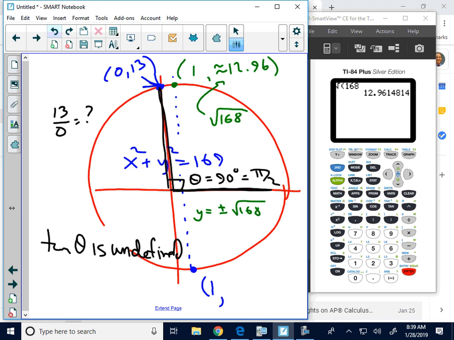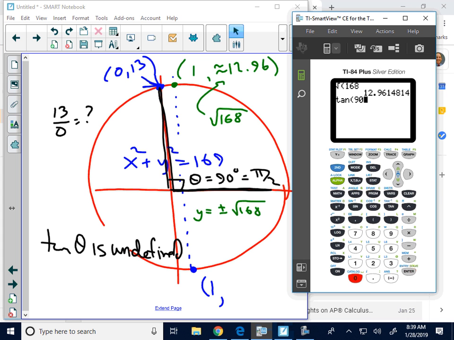In fact, if we jumped on the calculator and asked, "Mr. Calculator, what is the tangent of 90 degrees?" it says no, you can't do that. It's not in the domain of the function. But if we get close to the top of the circle, we can make the tangent as large as we want. So we're going to do one more dot just for kicks and jiggles,